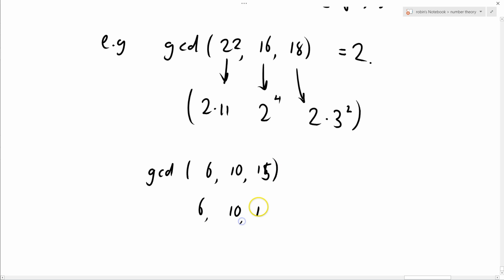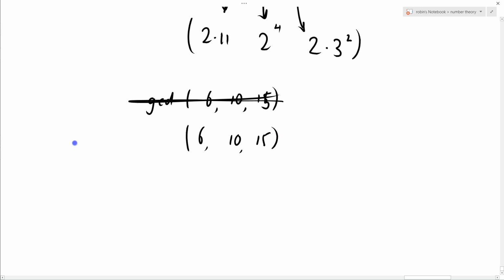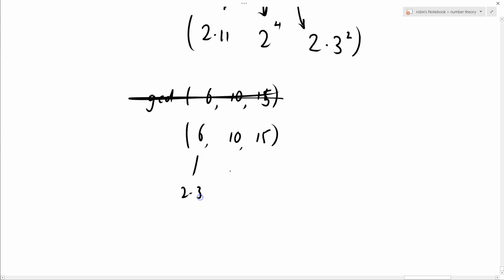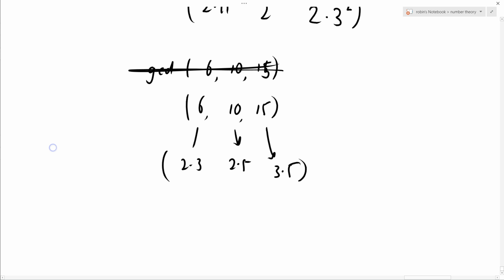6, 10 and 15. Now no number goes into all of those three. You can see that's because that's 2 times 3, this one of course is 2 times 5, and this one is 3 times 5. So there's no prime factor common to all these three numbers. However,